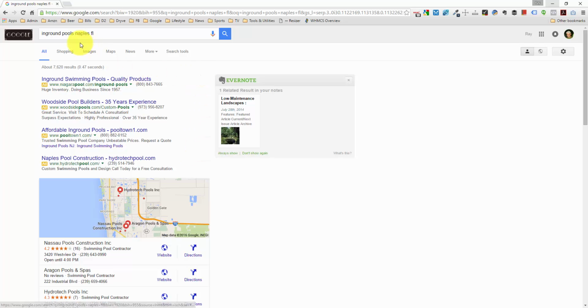And like I said, in-ground pools, that's an expensive service. Naples, Florida is a perfect area for that service. There's probably a lot of competition for these ads. And you'll see the ones that are advertising are not always the same. You're going to see a few people that rank naturally and a few that are paying to get on the